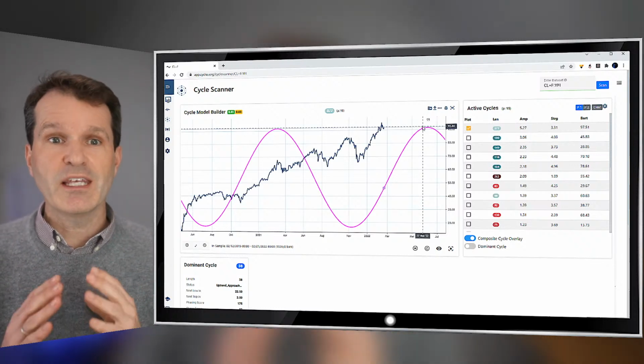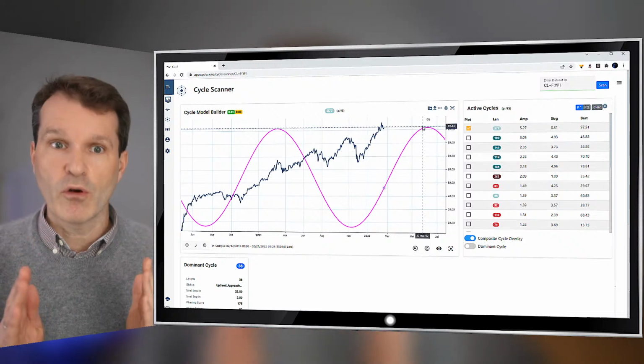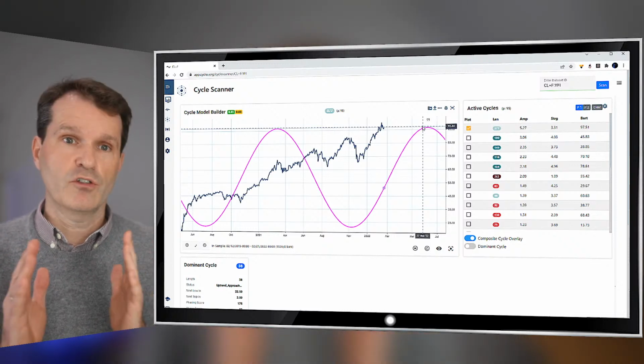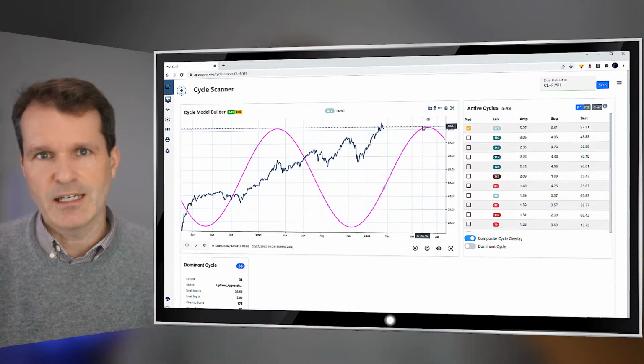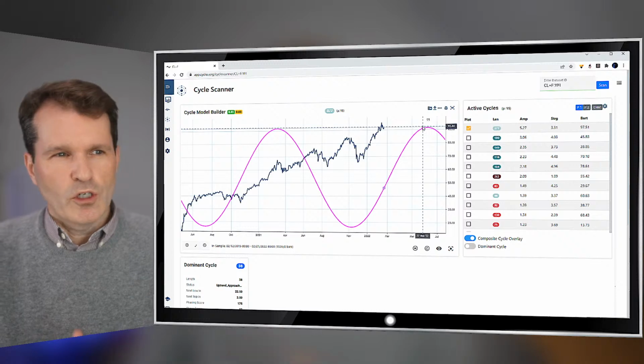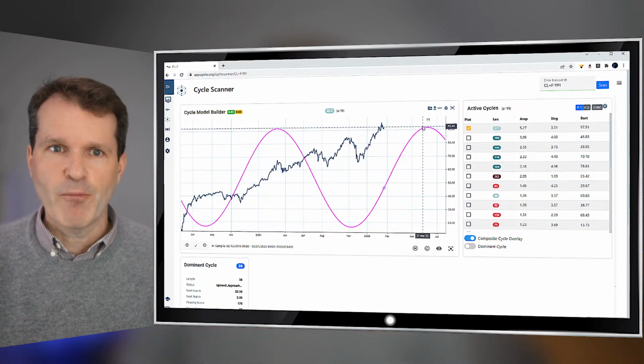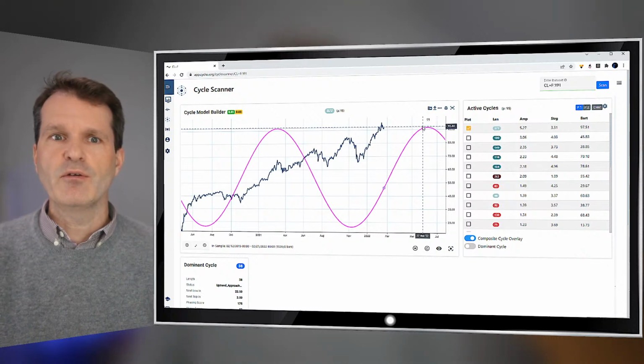So using these two dominant cycles from a longer term period of 5 years, or using 3 years, which reveals these two dominant cycles on the daily time frame, we could expect the upward swing of these dominant cycles to continue until the period